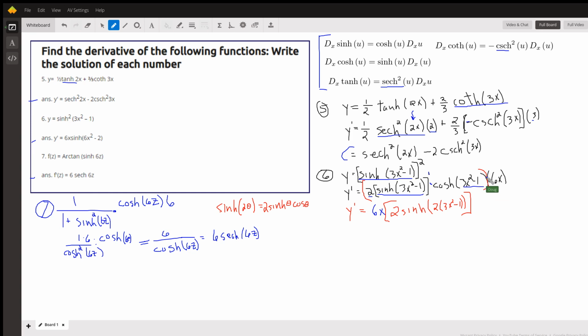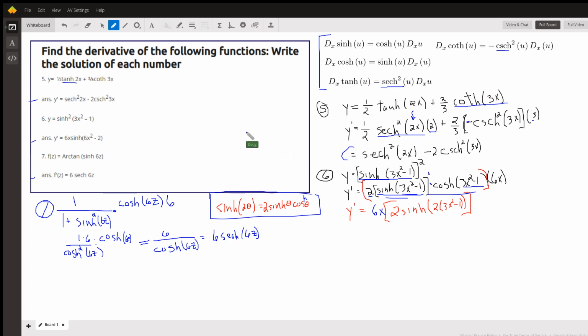So it looks like the answer might be 12x times this, but there's an identity that's similar to, whoops, this is supposed to be hyperbolic cosine, similar to the double angle formula for trigonometric functions, sine of twice an angle. So this 2 hyperbolic sine of 3x squared minus 1 times the hyperbolic cosine of 3x squared minus 1 is the same as,